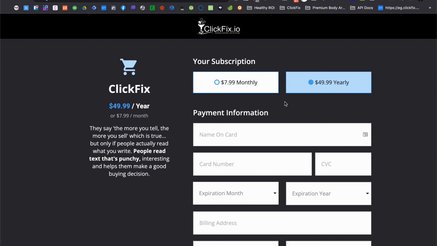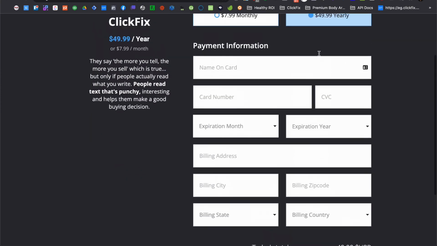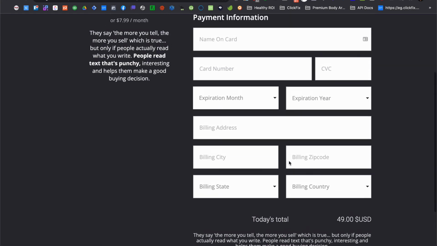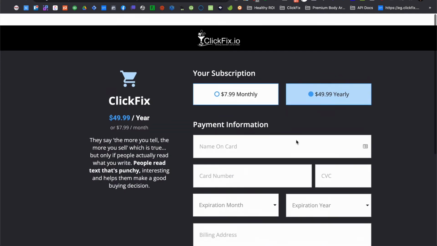But more so, I hope that you understand that this can be applied to so many more things than just an annual and a monthly option, right? Because we are making this in a way where we're using separate blocks, and if we wanted to, we could just use columns and have this actual piece of the puzzle, the actual payment information and all that stay the same, and then just swap out the product down here at the bottom, which would save on how you build this. But because we're using this type of structure, whether it be blocks or columns, and hiding and showing things based on the user's